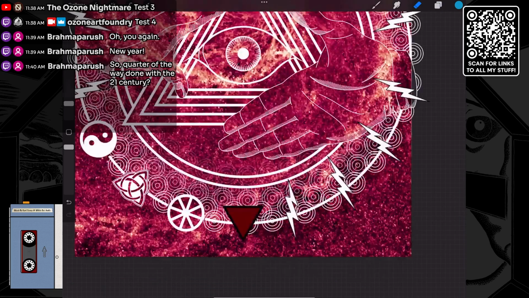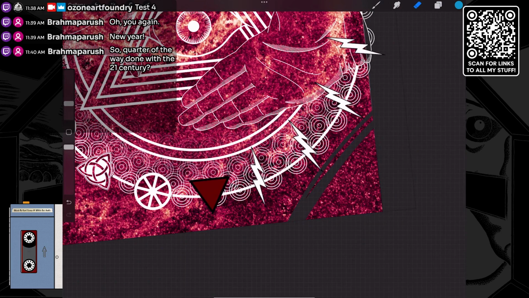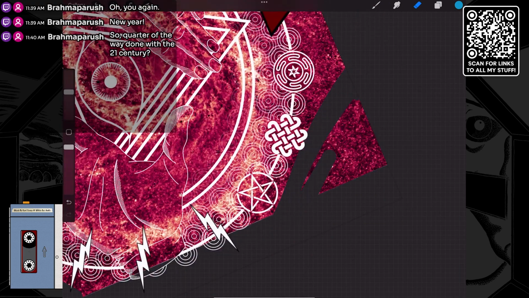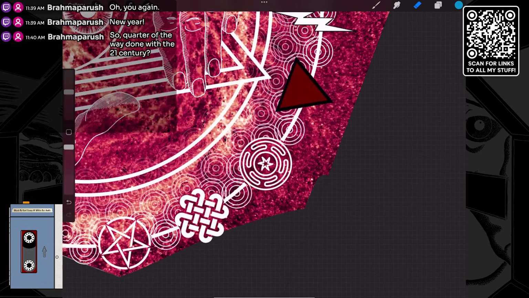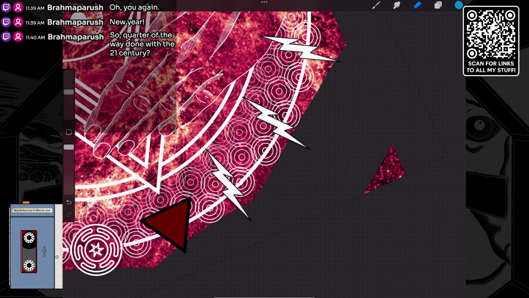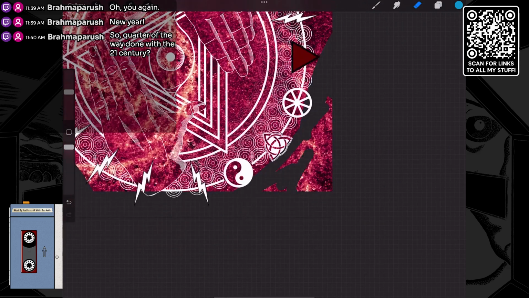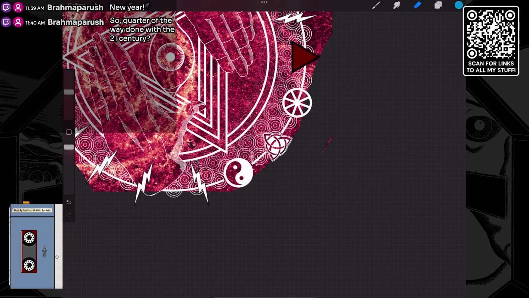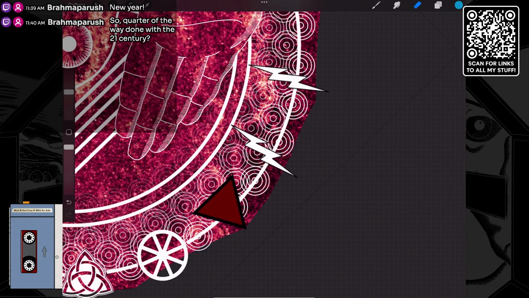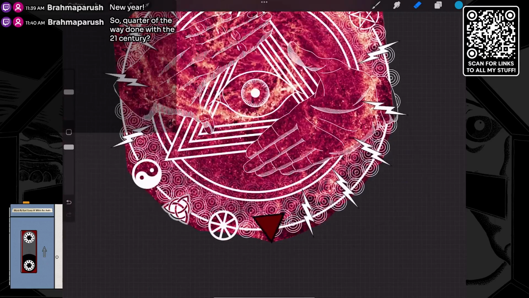All right, so we're going to go ahead and start chopping off pieces of this because I don't want this to fill... Wow, that's a really small paintbrush. I don't want this filling the entire thing. This is just going to be background elements for some of this. And depending on time, I may be jumping into Photoshop for some of this because some of this stuff I can't do in here. Much as I love Procreate, one thing I wish they would add is a stroke option for elements. They just have not added that. So there's some elements of this I need to actually stroke out, and I can't do it.